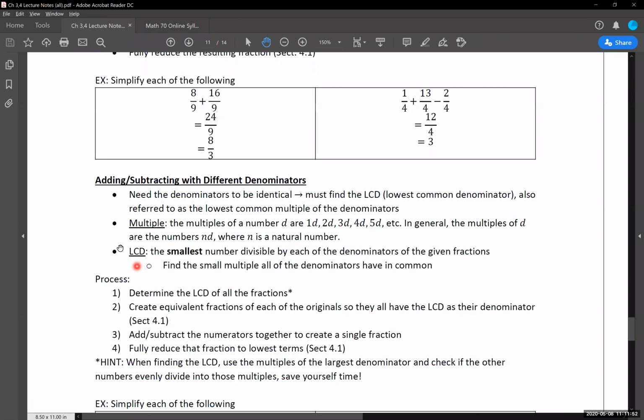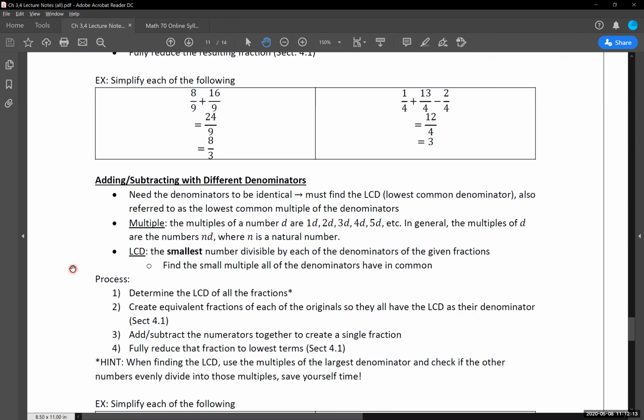I do have a hint, or a little bit of a trick to find this, that I have mentioned in here in our process. I'll go through and show you guys what that looks like, because I think it's a really great shortcut, but that's just my personal opinion. I'll at least show you guys all the same. So we have some of our definitions here and what we're looking for.